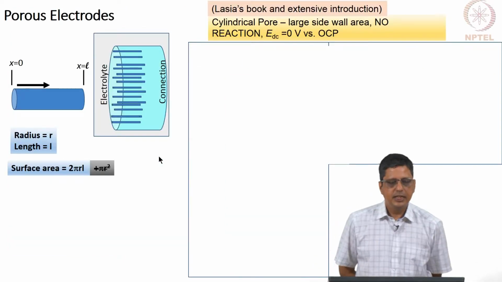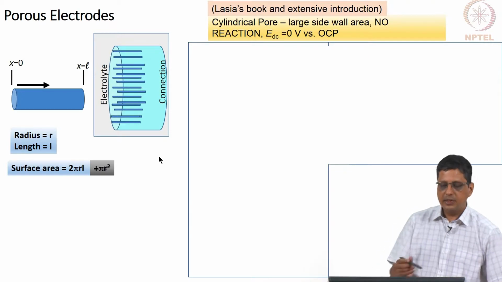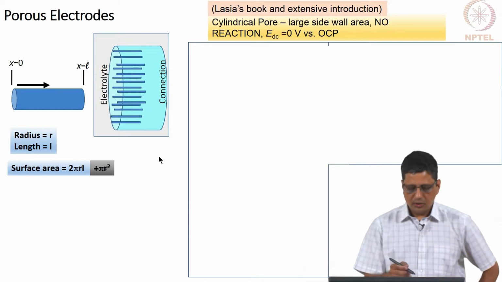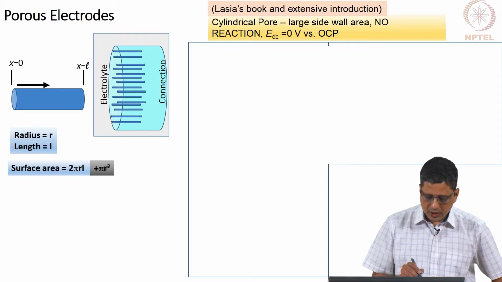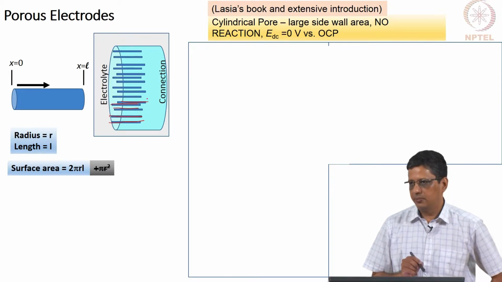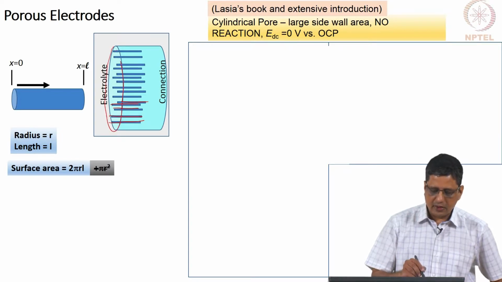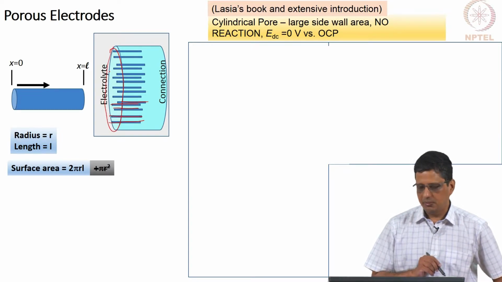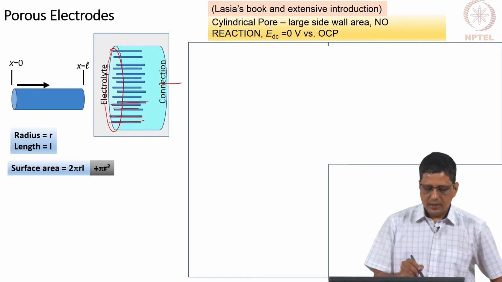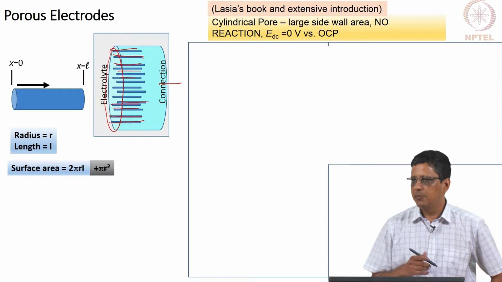First, what we want to see is a case where you have an electrode. So, I try to draw this here. You see the dark blue lines here, they represent cylindrical pores. This is the front surface of the electrode that is exposed to the solution, and this is of course connected. These pores extend into the electrode, and the electrode is a conducting material, typically a metal.